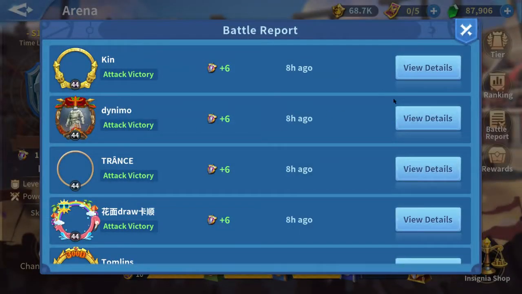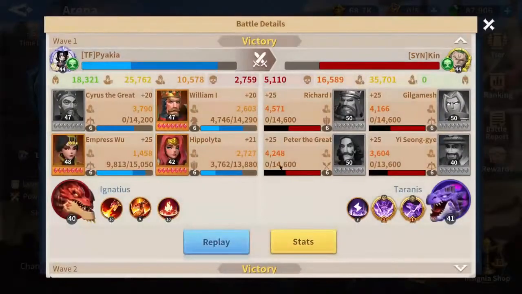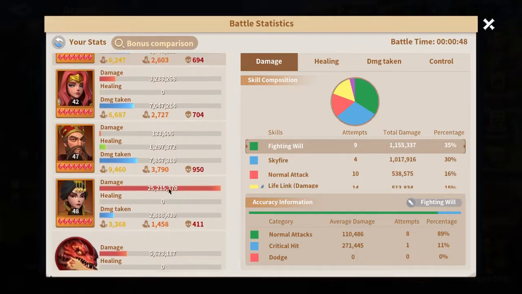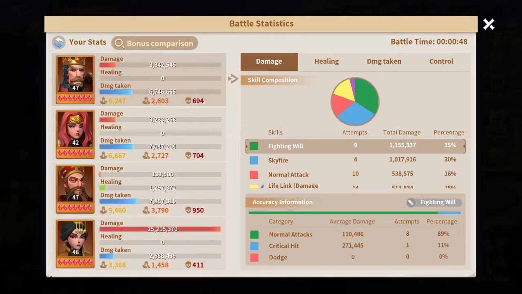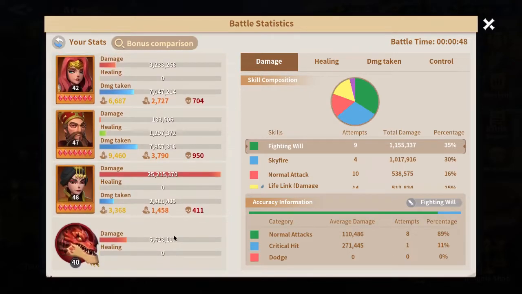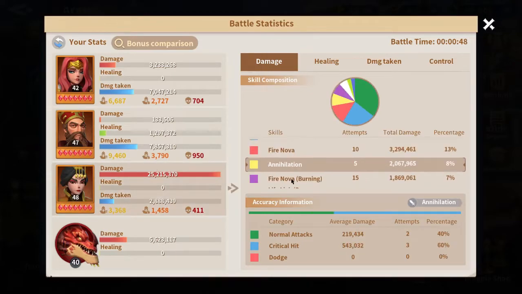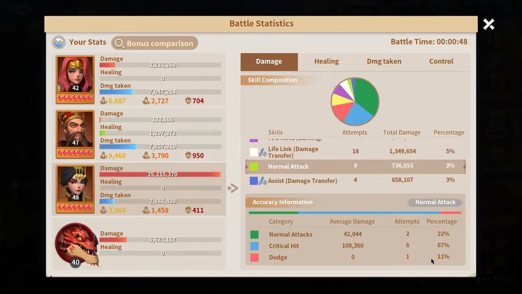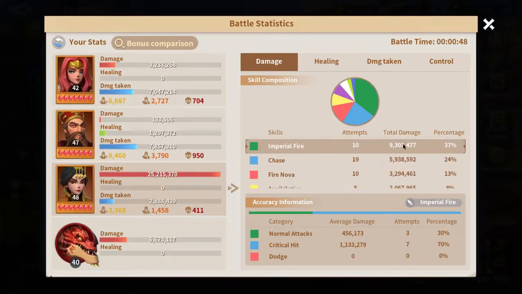Let's see. This is my last arena report. My Embrace-Hu dealt 25 million damage, and of the rest of the Fire Immortals here, William dealt 3 million damage, Hippolyta 3 million damage, and the Fire Drake itself dealt over 5 million damage. As you see, my Embrace-Hu is almost critting everything, dodging some of her normal attacks, but Imperial Fire dealt